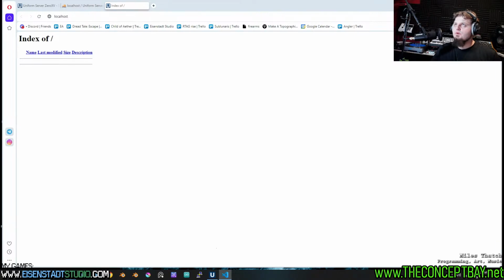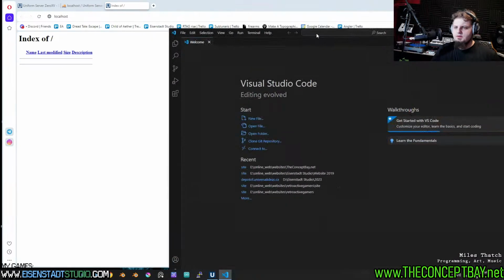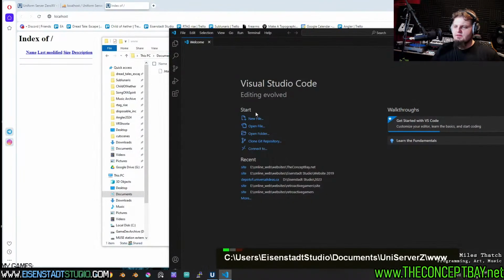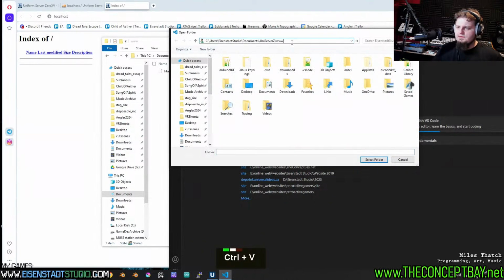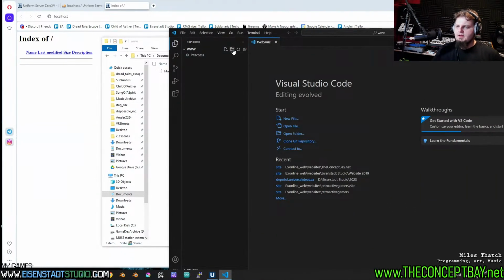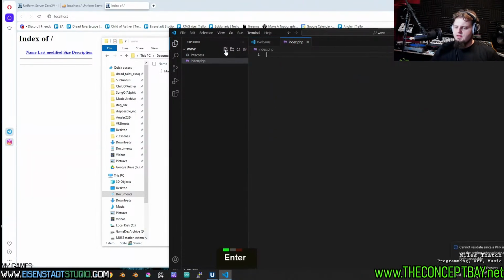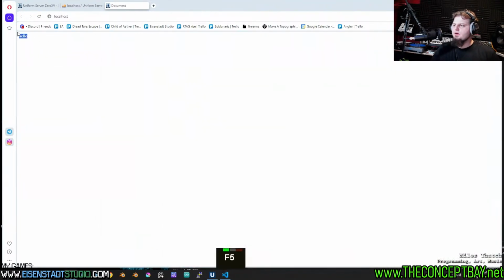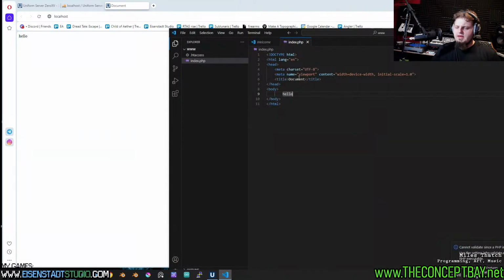All right, so we're going to have it navigate to this folder, and we'll just initiate the Git repository here as well. Open folder. There we go. Beautiful. And now, if we create index.php and type in hello, we have our hello. Beautiful. Okay, first of all, we need to have a routine that creates tables,